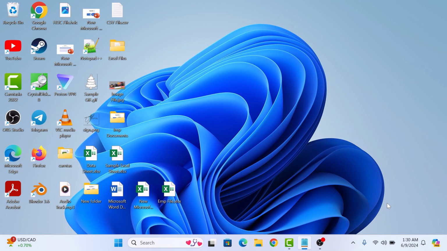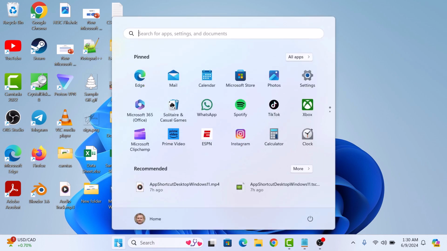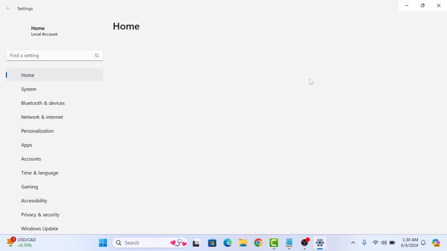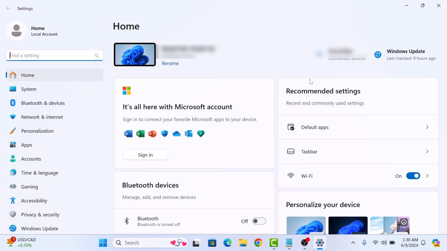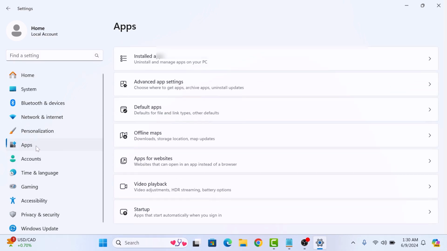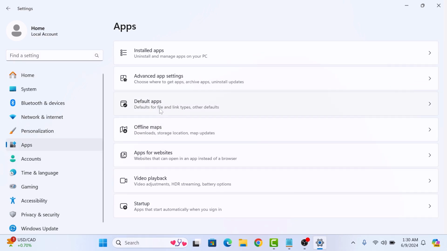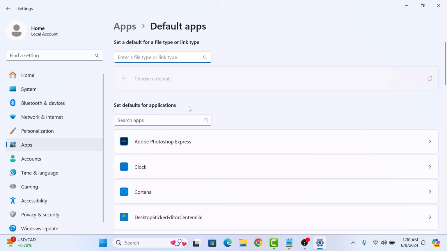First step is to click on the Start menu icon and then click on Settings. In the Settings window, click on Apps on the left sidebar. Now click on Default Apps. Now under Set a default for a file type or link type, type .pdf in this search bar